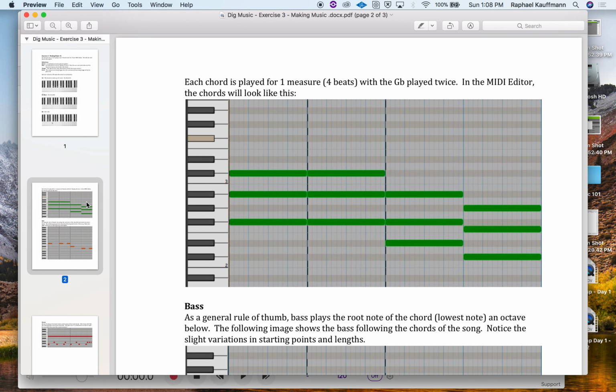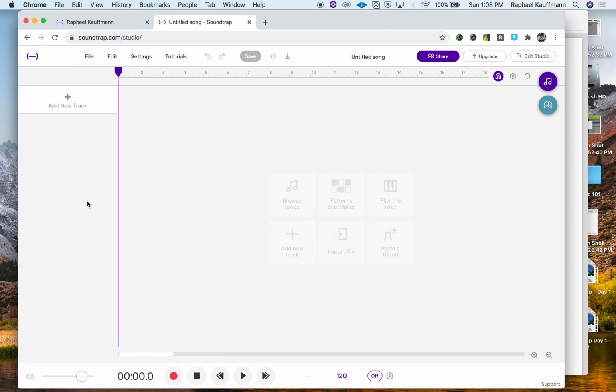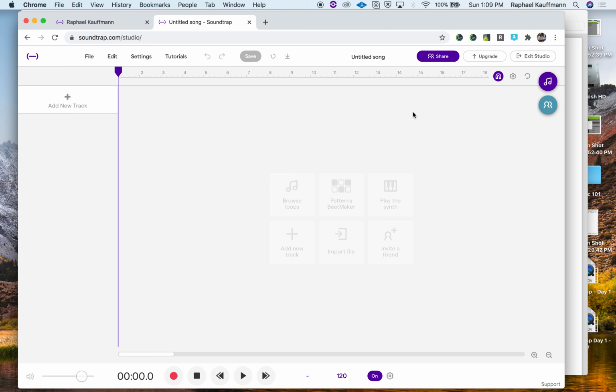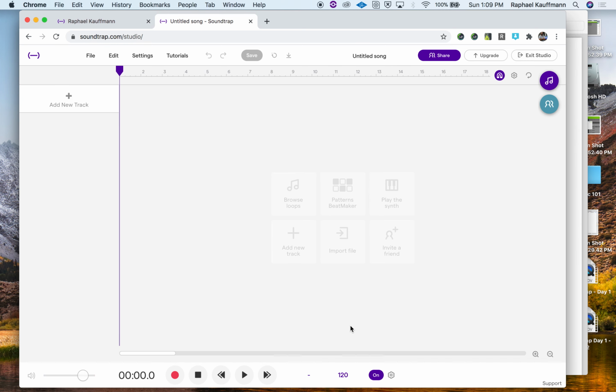Let's actually start with drums. I think it's a good place to start because it gives us a sense of rhythm, and we'll know better if we're on the right track when we put our music down. If we have drums, it's better than just listening to the metronome. That gets boring pretty quick. So we are going to enter a tempo. The first thing we're going to do is come over to this 120 and click on it, and we're going to input